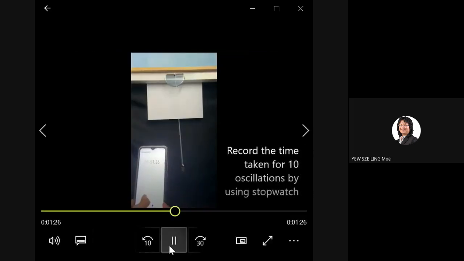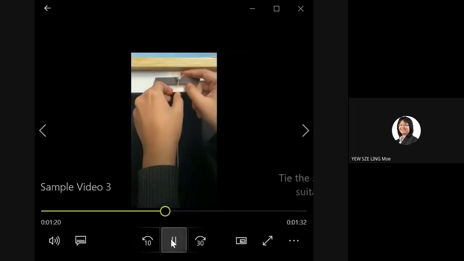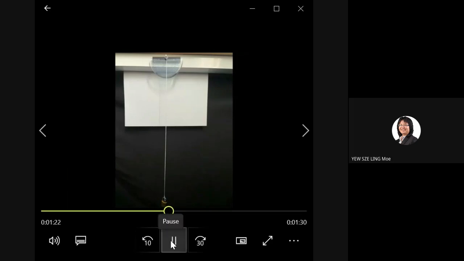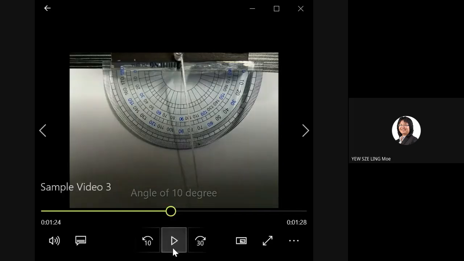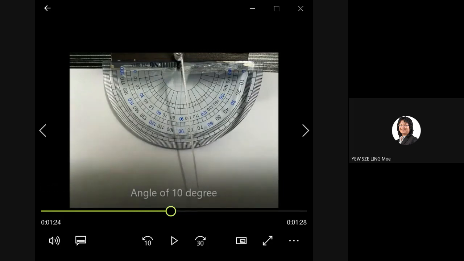So just now, wait, yeah, let me repeat first. So you need to show me this screen, okay? I want to see how you record the angles, whether you're recording correctly or not, at the right positions or not, and whether your protractor is located at the right positions or not. So overall, this